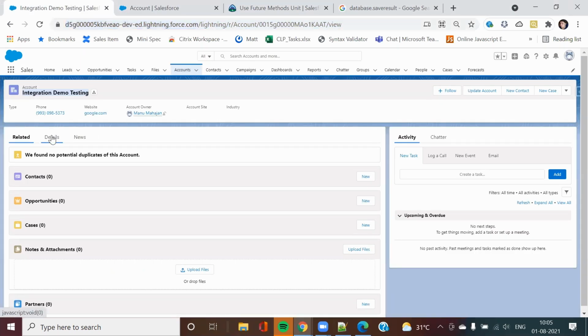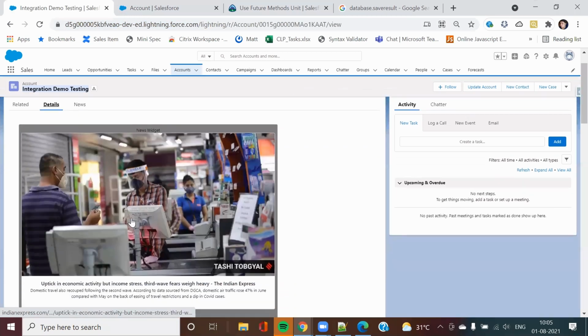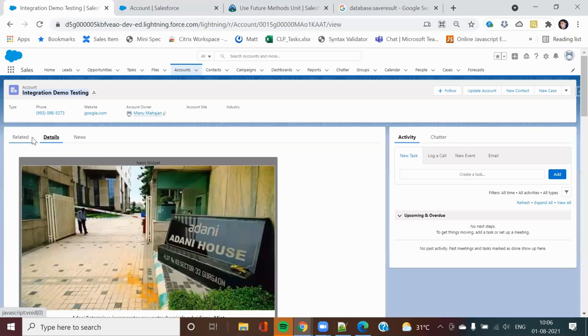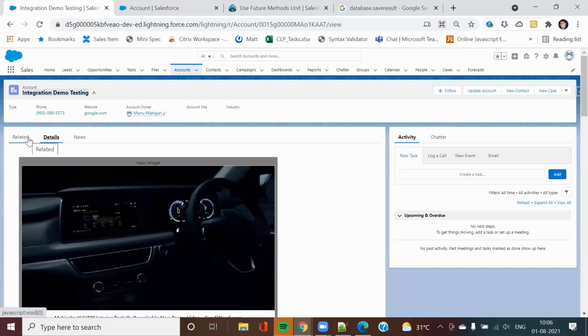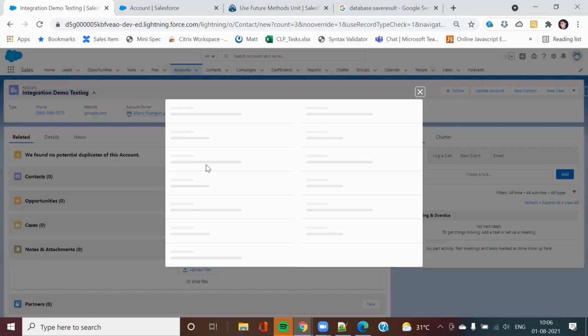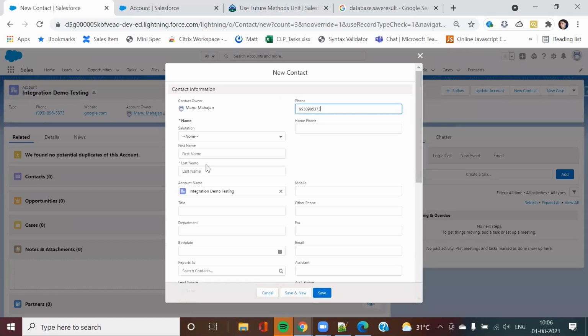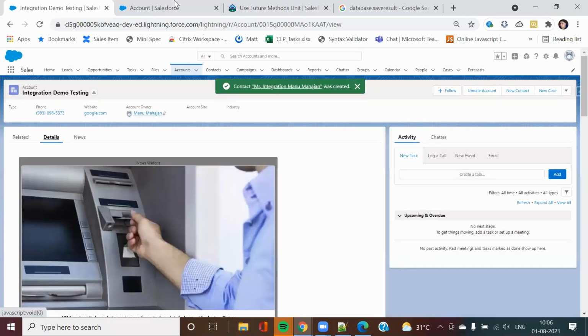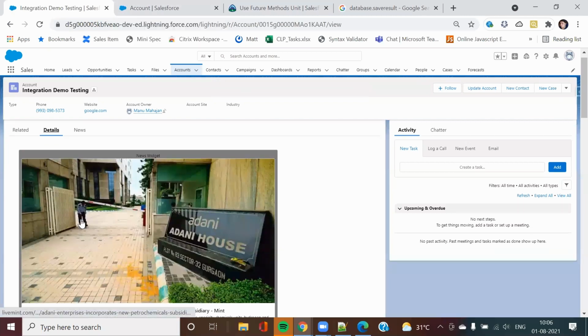Assume we have this integration demo testing account. I will create one contact here and save it. Now I will update these details on the account.